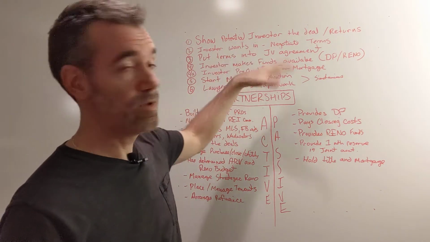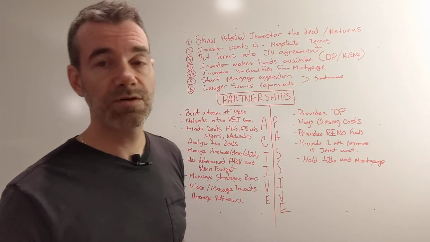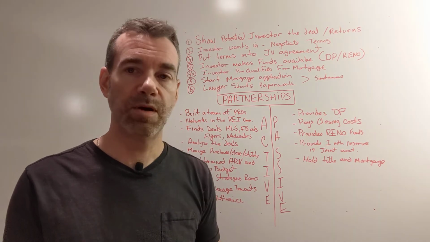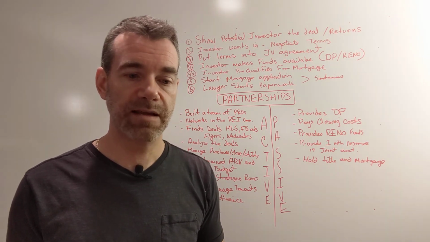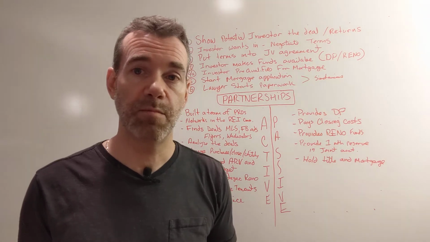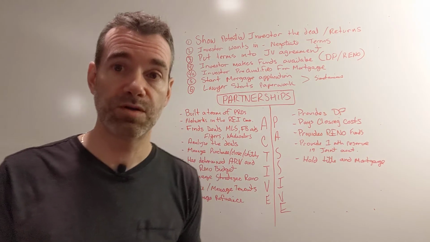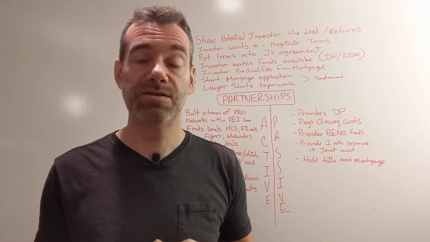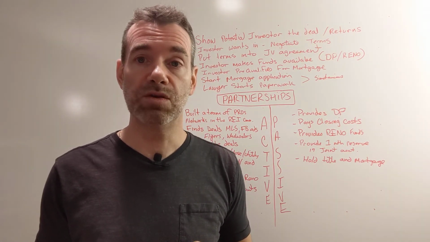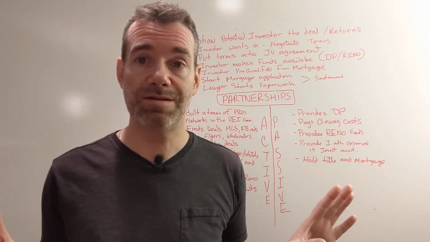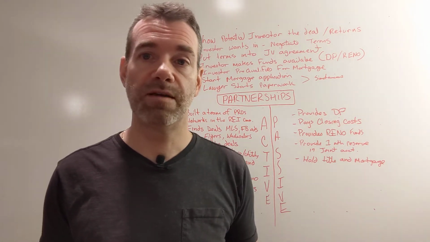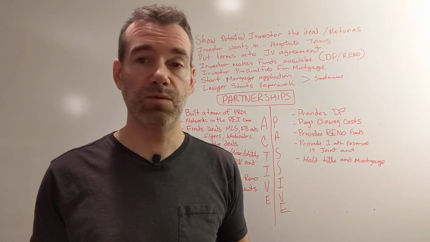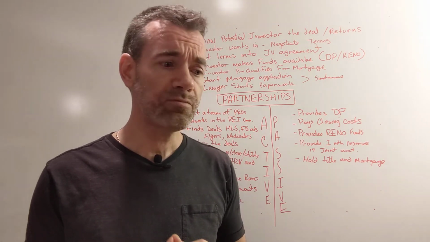So then they pull the trigger, they agree on some terms. The terms could be how long the partnership will stay in effect. Typically speaking, that might be the length of the mortgage, which might be 5 years. So at the end of 5 years, they could agree to leave everything as is and just extend the mortgage another 5 years, extend the agreement another 5 years, or they could choose to sell the property at that time, at which time